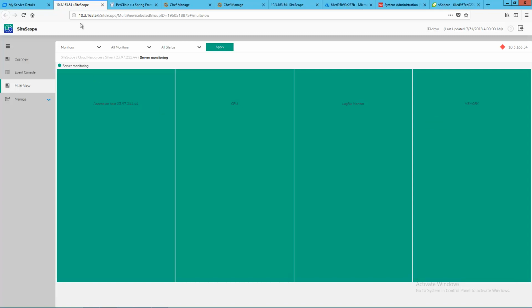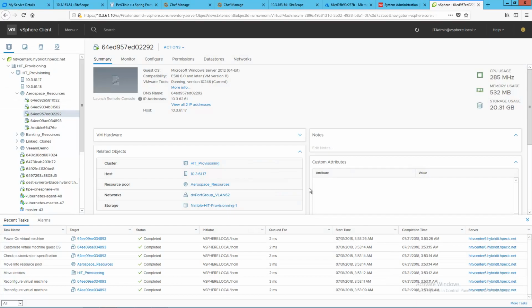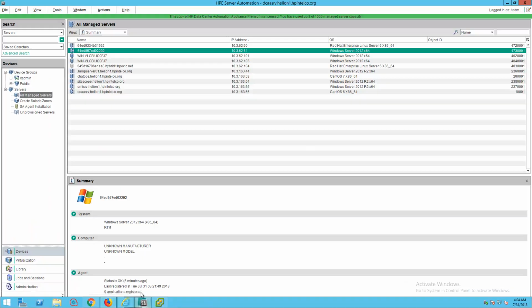Let's go back now to my service and look for the Oracle tier. And I can see the name of the hostname generated on the fly for this server. The orchestrator automatically deployed a template from vCenter in order to deploy the operating system. So we can see 292, the same VM. It customized the virtual machine depending on the spec and deployed on top of it using DCA, data center automation,